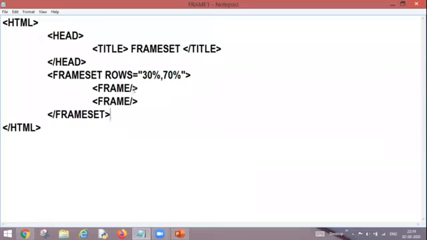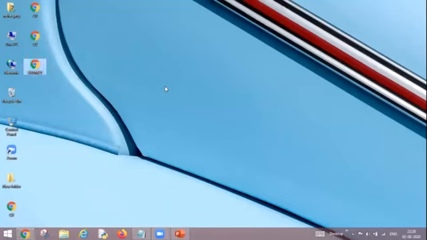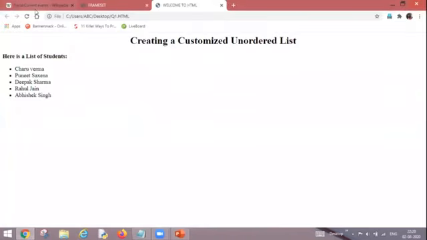So SRC is an attribute used along with frame, not frame set. So SRC is equal to, and SRC attribute generally we use to specify the path of a particular location. That means from where I want to bring my object. So I want to bring my object over here from the desktop. So on the desktop, as you can see that there are 3 web pages by the name question 1, question 2 and question 3. So I am going to show you that what my Q1 is containing.